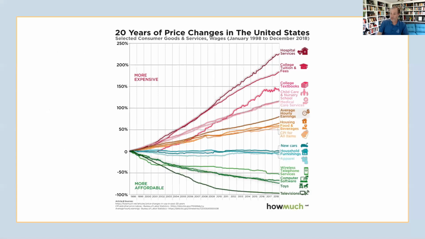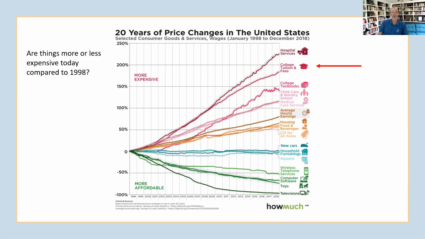Okay, so a little bit about inflation: how have prices changed over time? How much did things cost in this chart in 1998 compared with today, 20 years later, I guess today being 2018? And we look across different categories. Some goods are much more expensive and some are less expensive. So are things more or less expensive today compared to 1998? What do you care about?